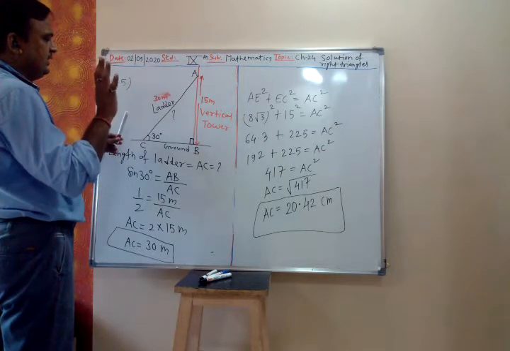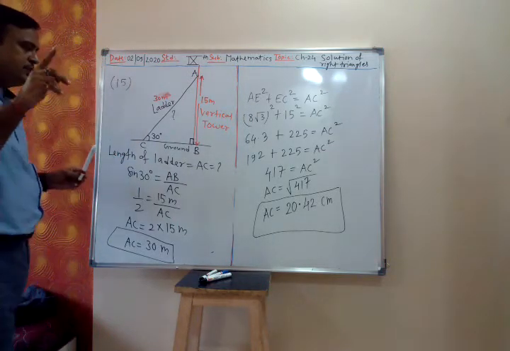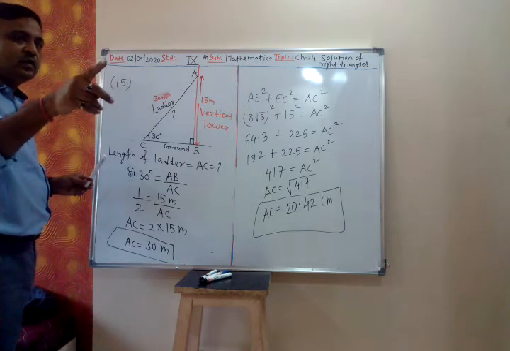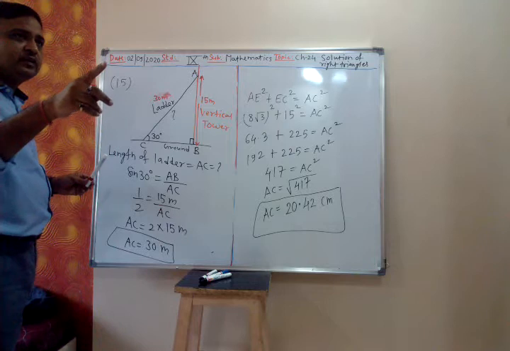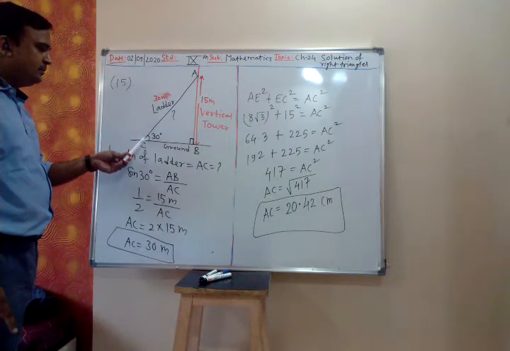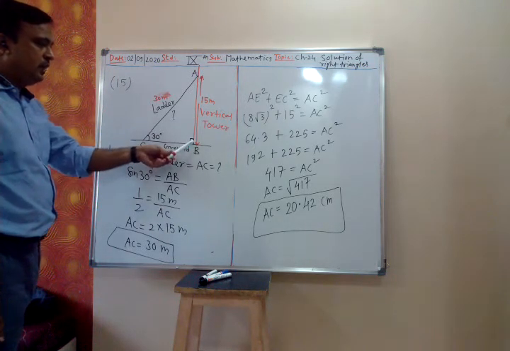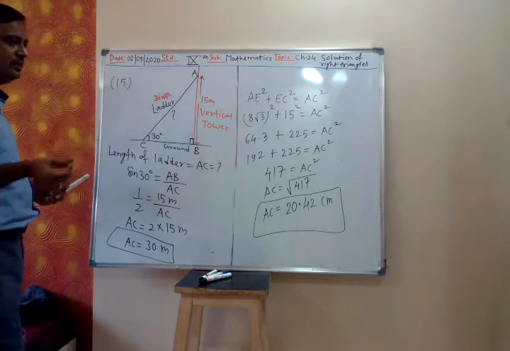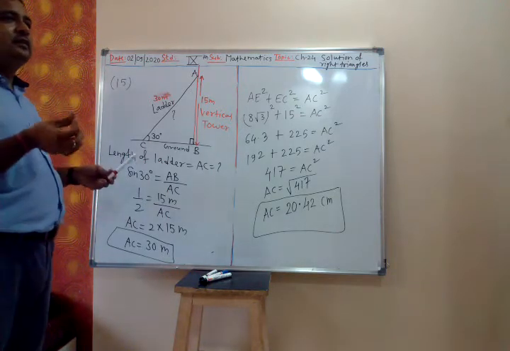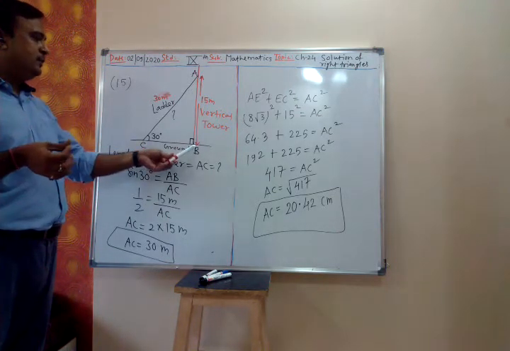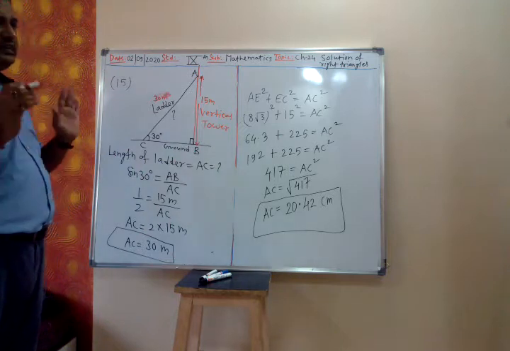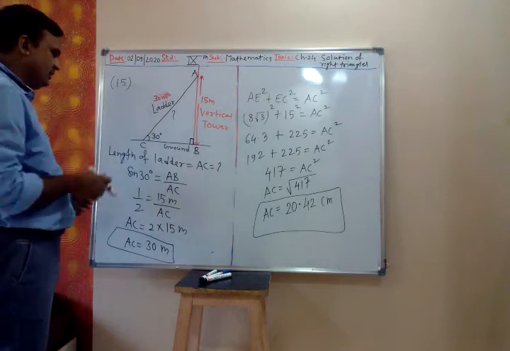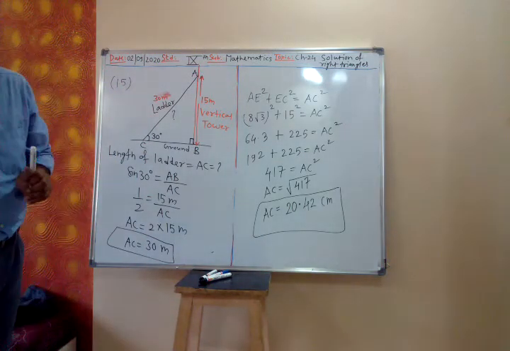No, it is not like that. Now another question can be asked. What question can be asked? How much far is the ladder placed from the ground? Means you have to find BC. Are you getting this? Yes, we draw the diagram. It can be numerator, it can be denominator. It depends on which is asked.